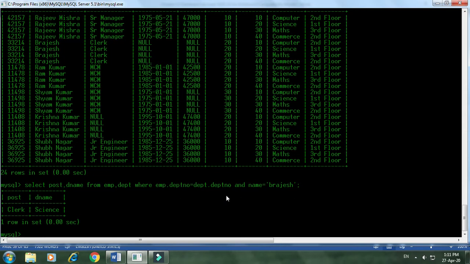This is a kind of Cartesian product, but it is known as a restricted join, and it has one more name, that is equi-join. In the type of joining, it is basically an equi-join. And why have we written this here? The table name and then the column name is called a qualified name, because if we use the same name in two or three different tables, then ambiguity occurs. To remove the ambiguity, either we have to use separate names in different tables, or we can use the qualified name like this to access: table name dot column name.